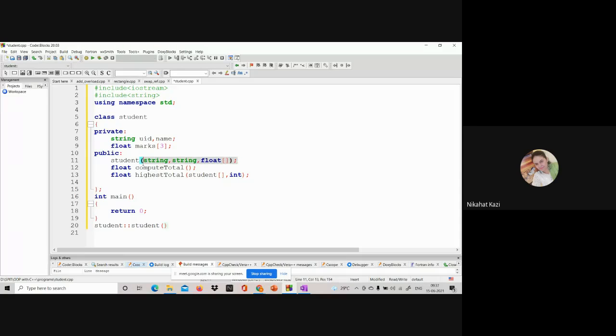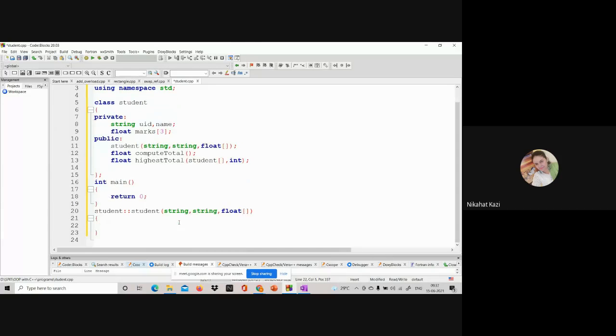I'll show you one thing here. What if you want to write the same names as the data members in the function?